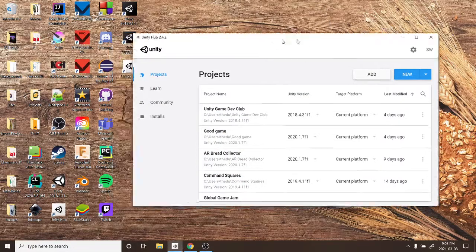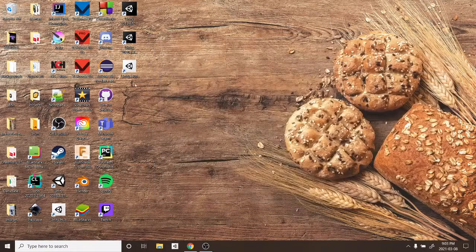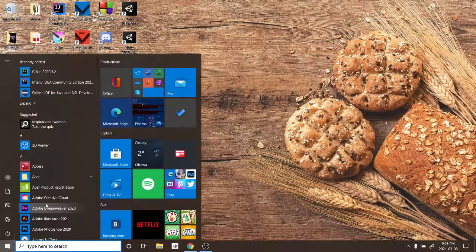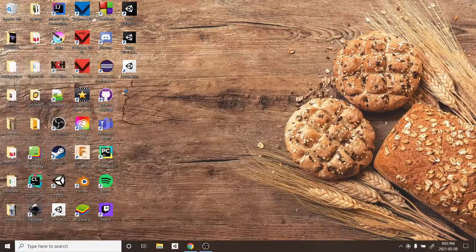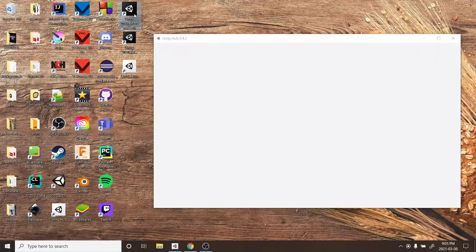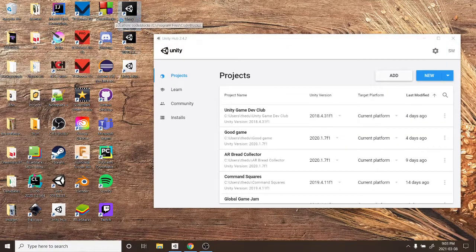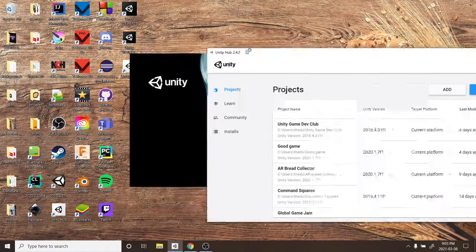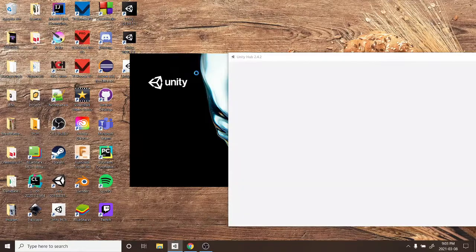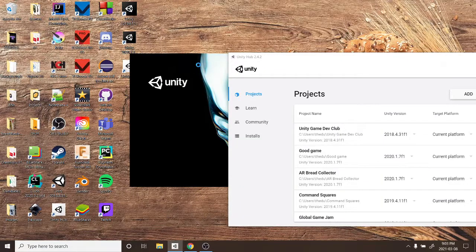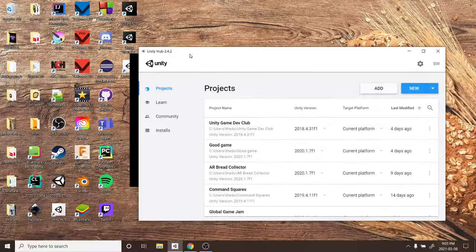I'm just going to share my screen. Okay, here we can see I opened up Unity Hub. And that was just from searching up Unity Hub because I'm using Unity Hub. If you're not using Unity Hub, then you could just click the Unity you have right here, and that would open it up, and then you'll log into your Unity. And I should not have opened them both at the same time. All right. Either way,